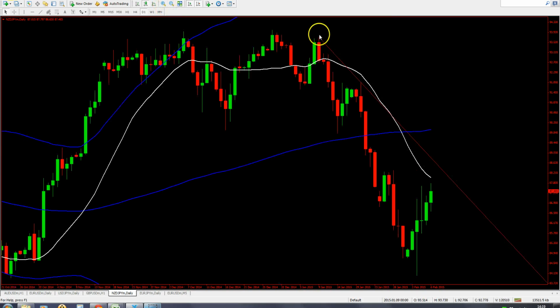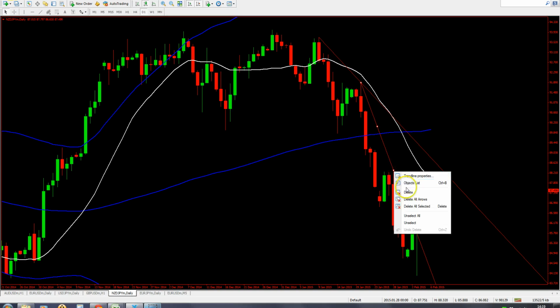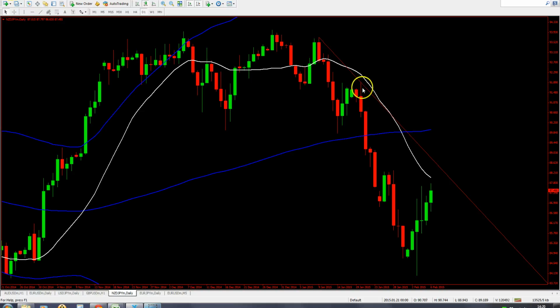I had to make that from point A, point C, so A, B, C, and this was the D move. You can see there was other trend lines in here which have been clearly broken. So that was A, B, C, D. Now that's been broken. It's been broken because it's very, very steep. So what we're doing now is waiting on this retracement up